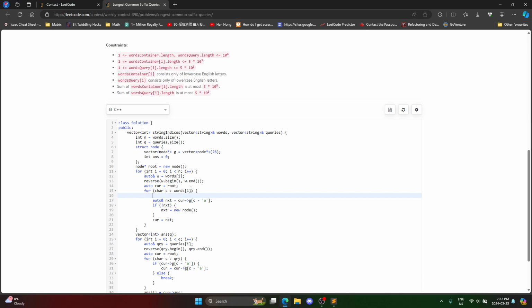Going through it, and then if words answer dot size is bigger than